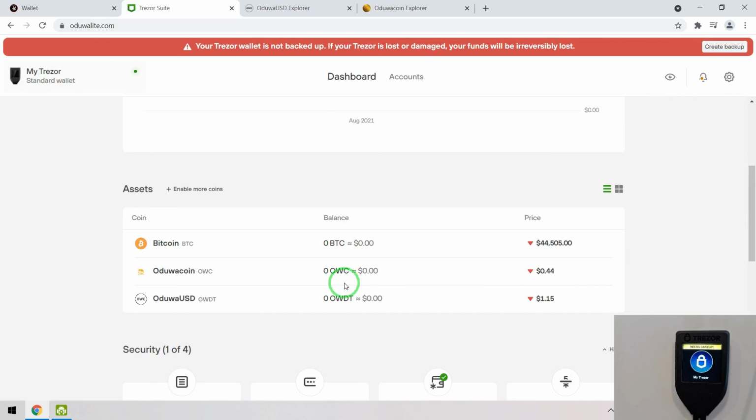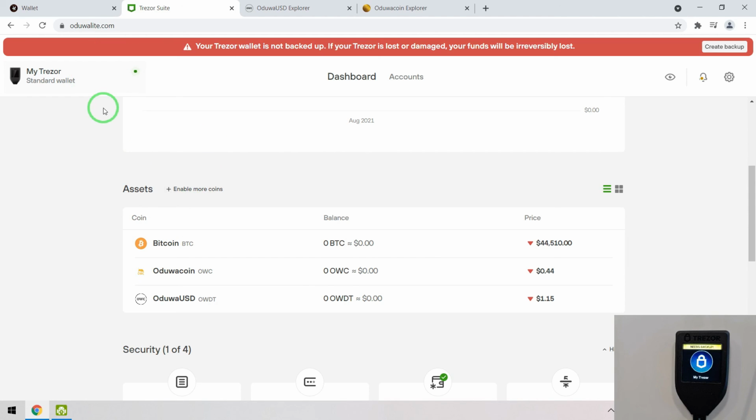You can add any Bitcoin based or Ethereum token based coin in a Trezor wallet, but for that you have to modify some configuration on the firmware, and you have to make a website to access that wallet.